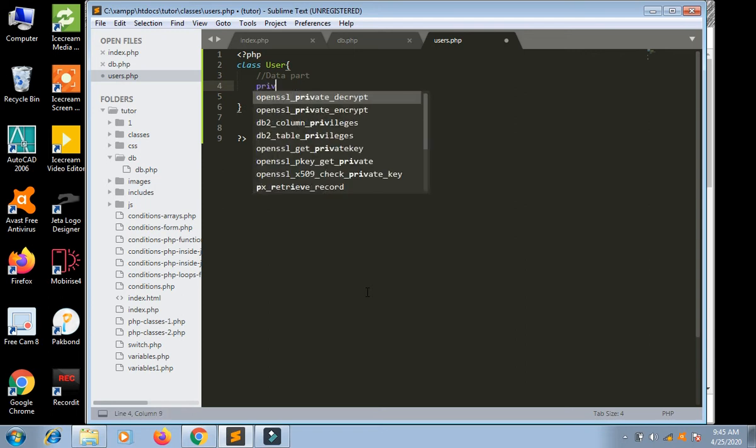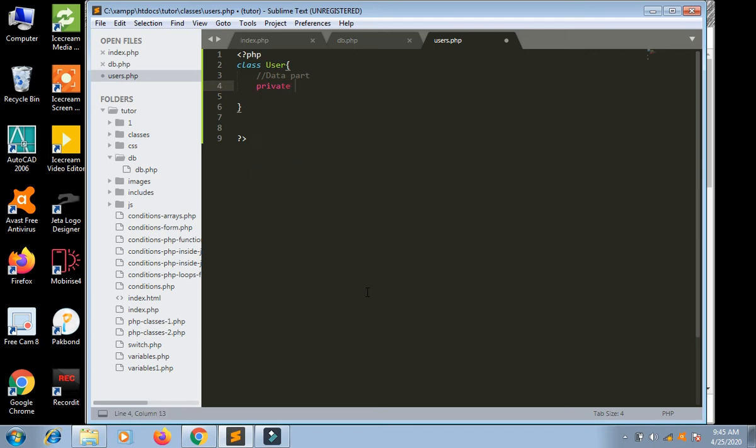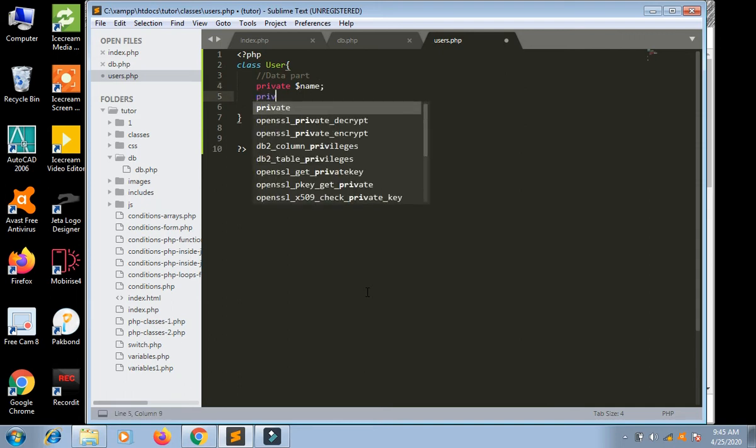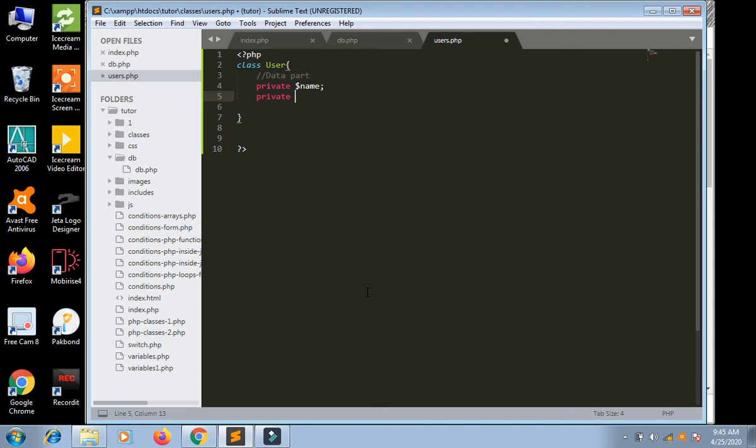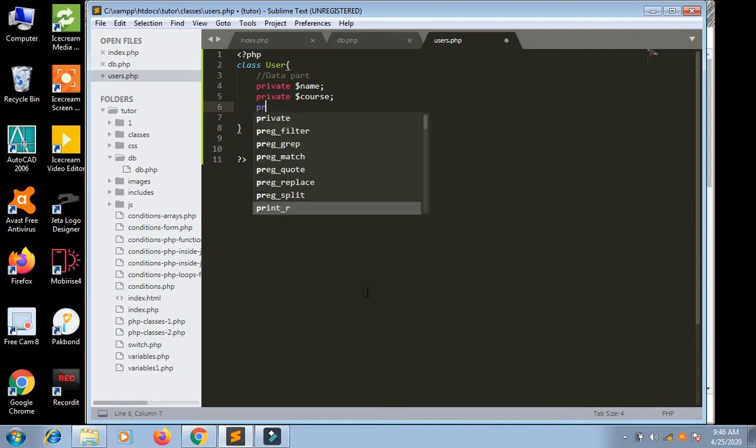Now private, and what are the fields? Dollar name. First is private dollar name, second is private dollar course, third is private, the data is always private.